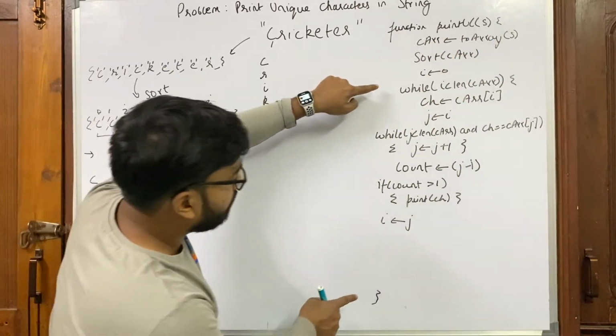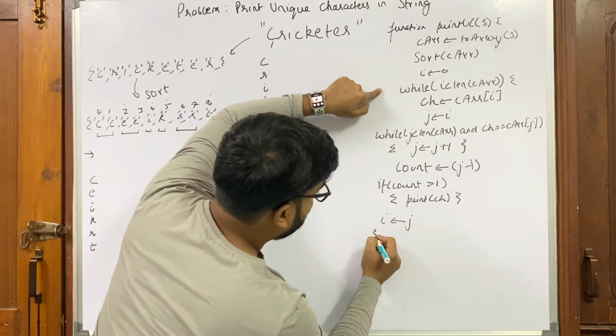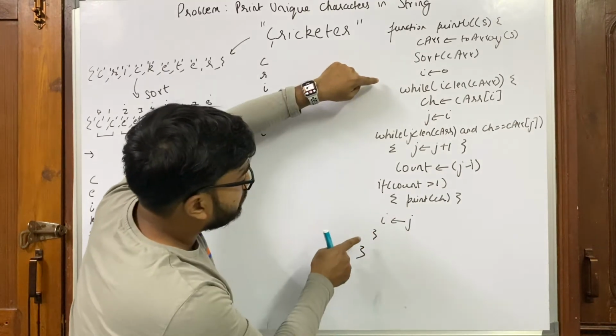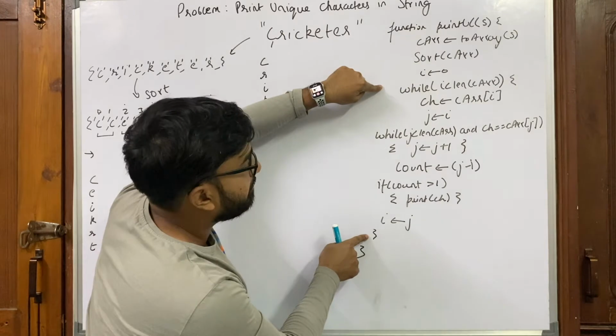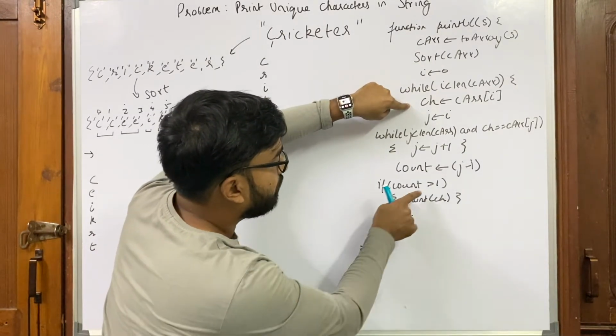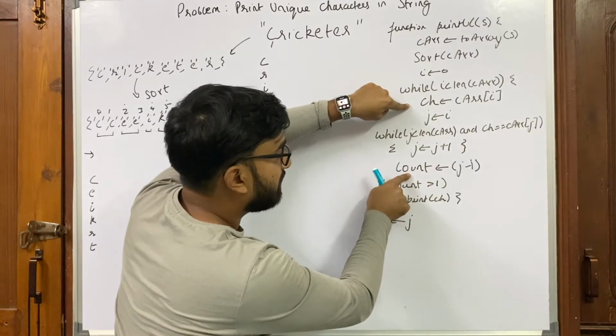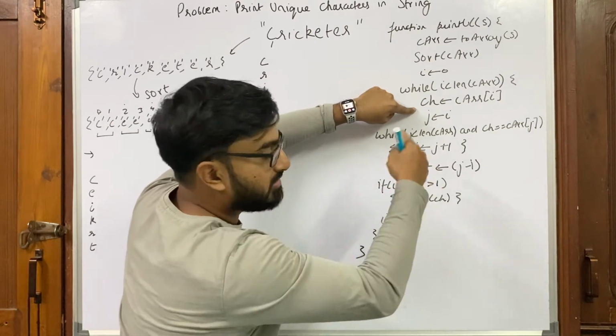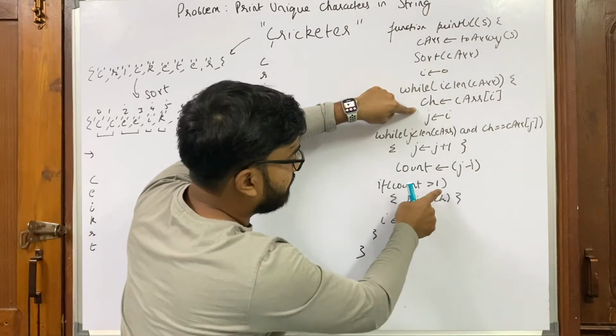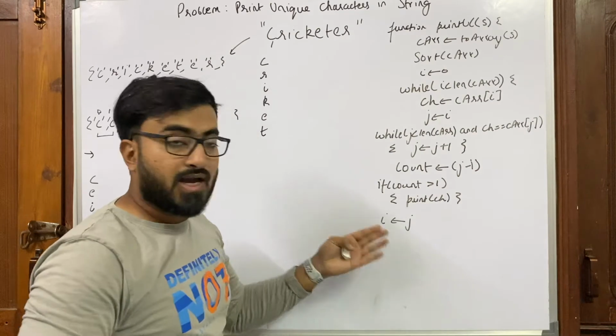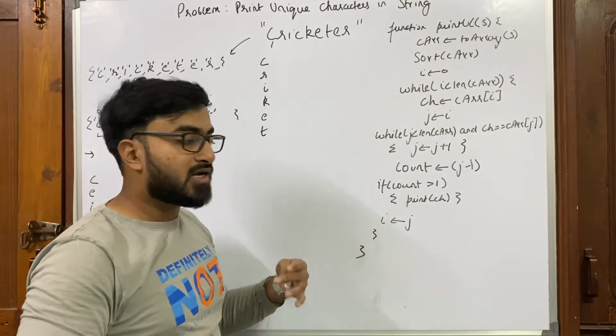The while loop ends here, the function ends here. So what this while loop is doing is basically printing all the characters that appear more than once. Count stores the count of the character ch, which is, you pick up each character once. If the count is greater than 1, you print it. In our case, we print all the characters regardless of their count.